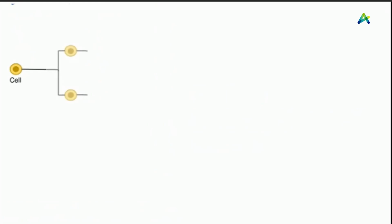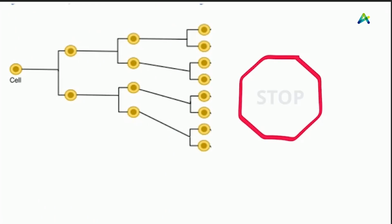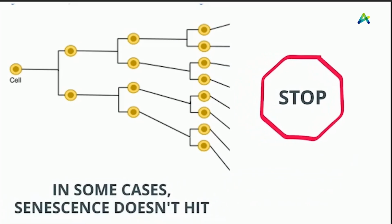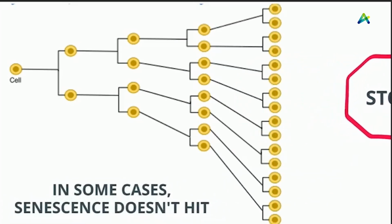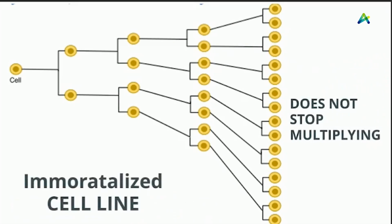In most cases, this is a finite process. A cell usually multiplies a maximum of around 50 times before it reaches a stage called senescence, beyond which it may be alive but does not multiply further. But in some cases, and for reasons not yet fully understood, senescence doesn't hit. Cell multiplication continues infinitely as long as ambient conditions and culture medium are maintained, creating an immortalized or never-ending cell line,